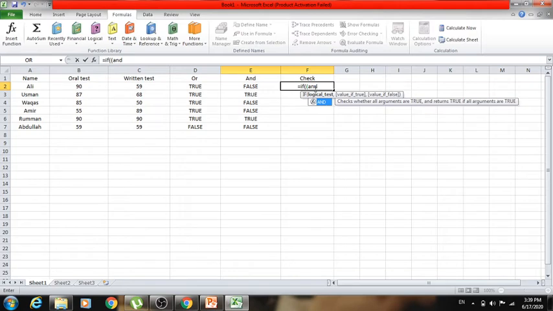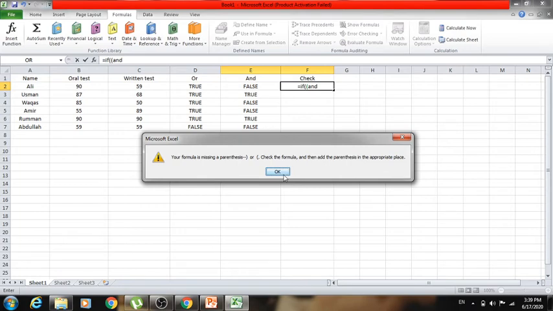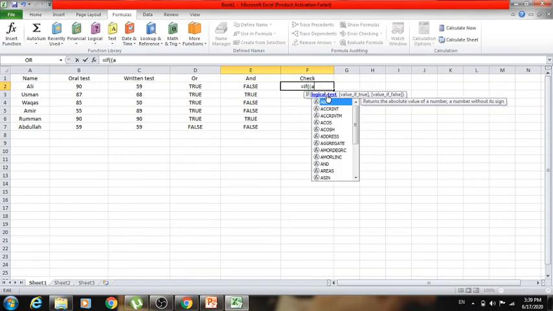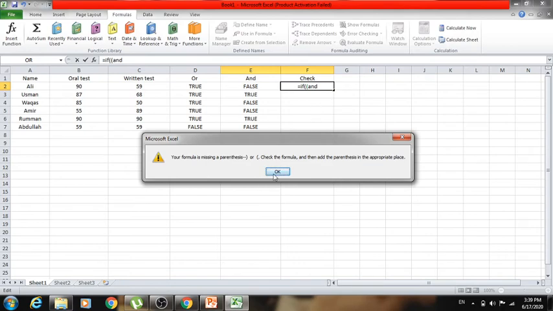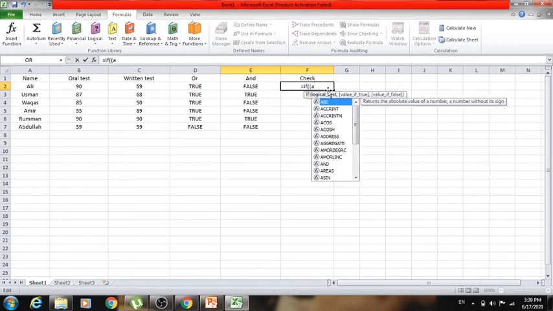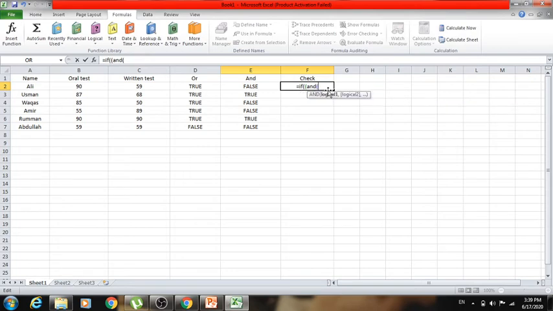Okay, and then I have to write it like this. B3 must be greater than or equal to 60.